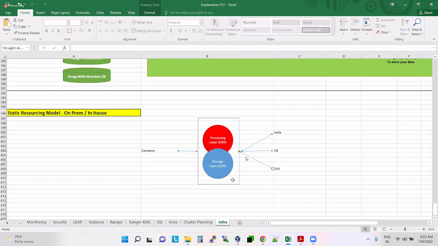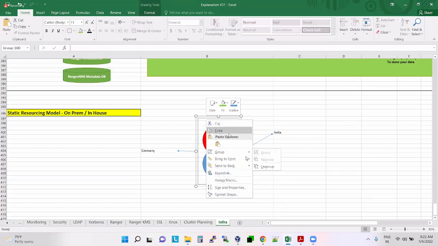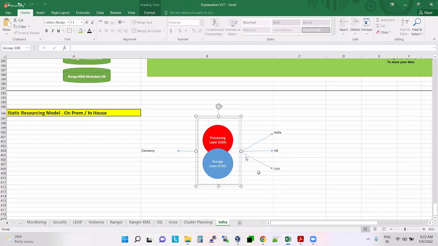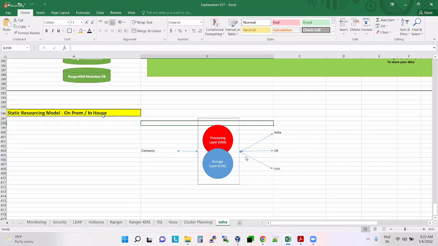So now tell me, this entire processing layer is inside where? Inside the USA, let's say.